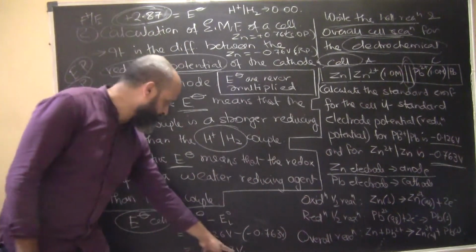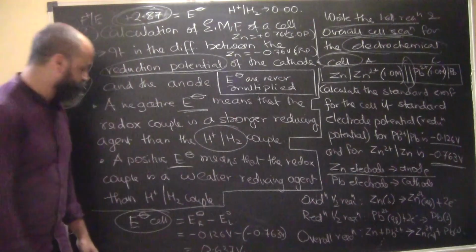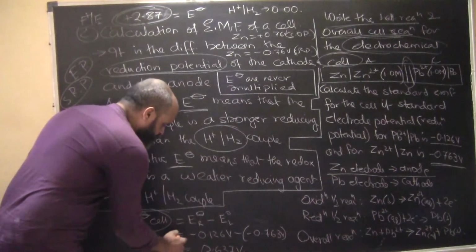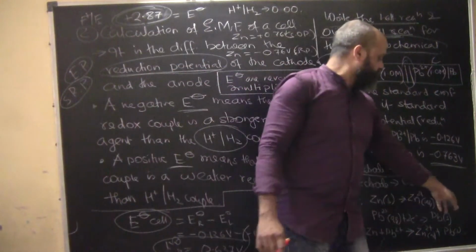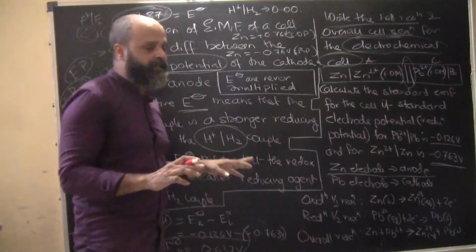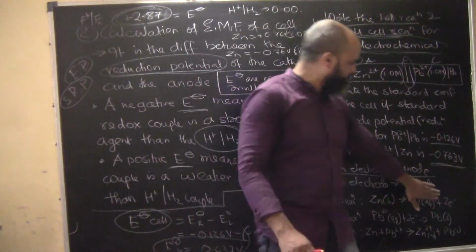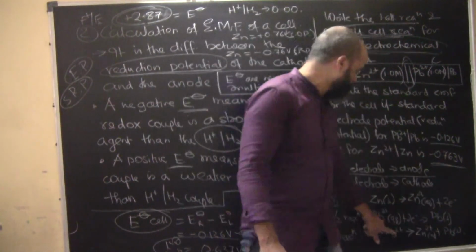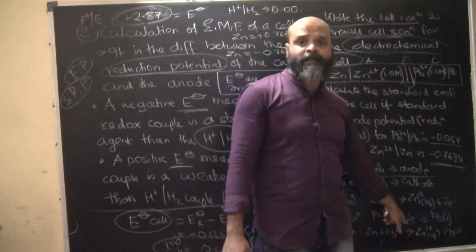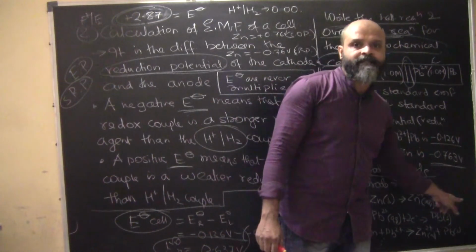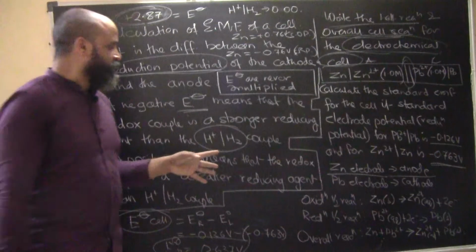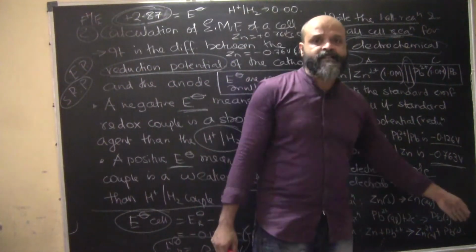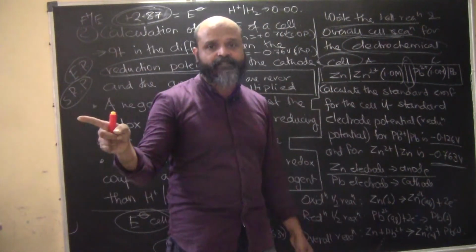So what is going to come? 0.637. So this will be the EMF of the cell. One thing that you have to realize here is that when you are writing the overall cell reaction, at times it might happen that here we have 1 electron, and here we require 2 electrons. So we will multiply this entire thing by 2, just as you do in simultaneous equations. So the overall reaction will reflect in this way.